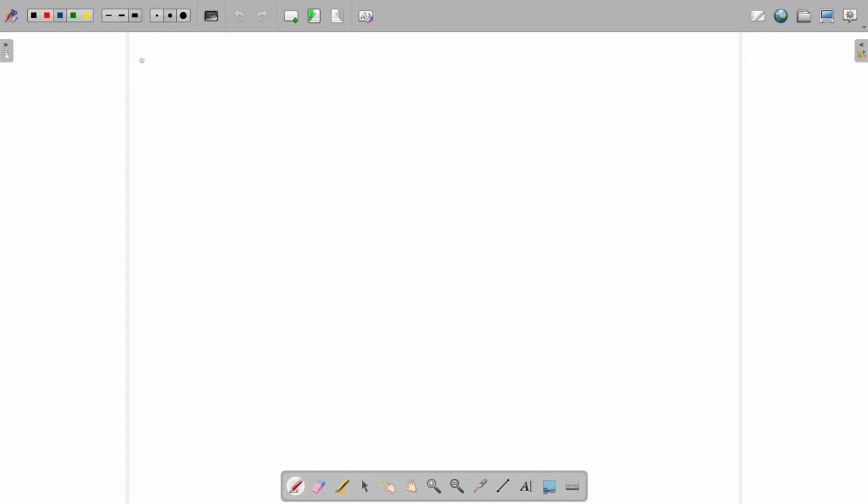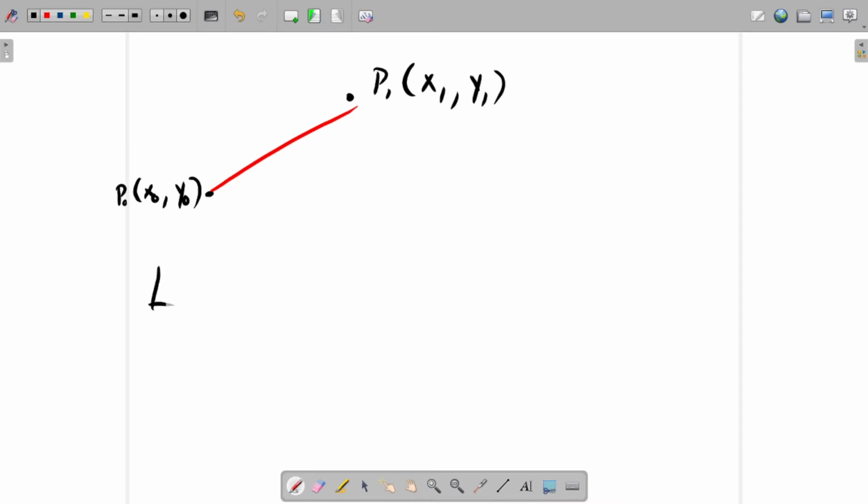So let's just say, for the sake of what I'm doing, that I wanted to be able to take the distance between 2 points. And I'm going to do 2 different ways to find distance. So there's the classical way, right, where you have 2 points. So let's just say this is point 0, and it has coordinates x0 and y0. And you have another point, P1, that has coordinates x1 and y1. Then the Euclidean distance, which is like the normal distance that you are probably used to from high school math,